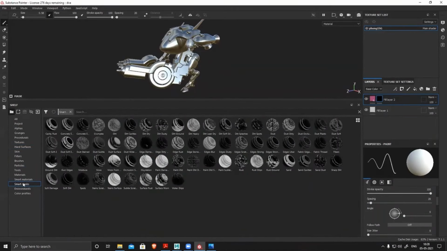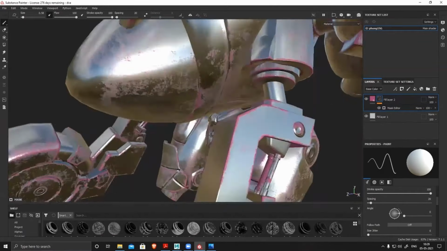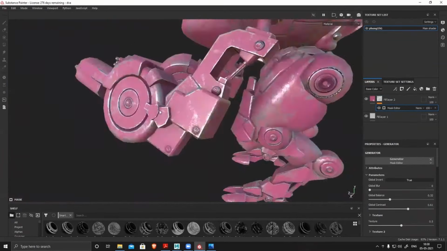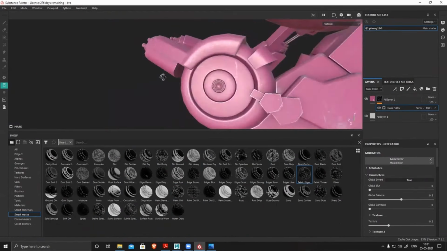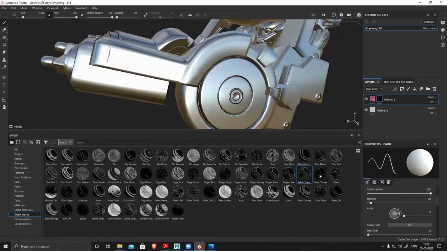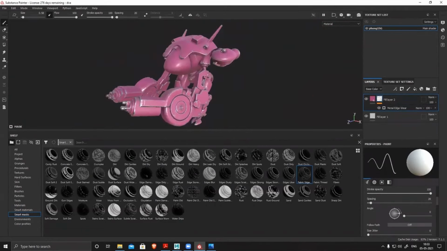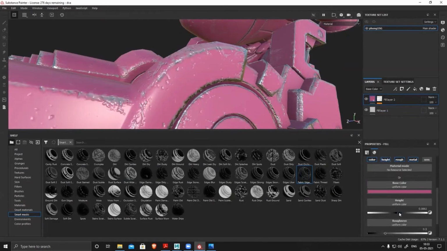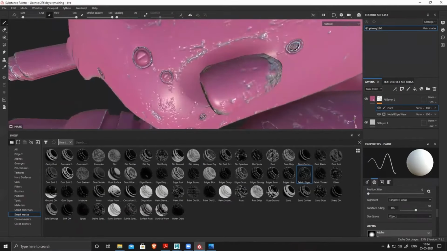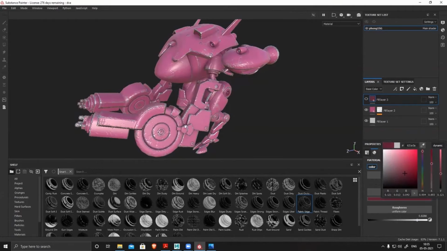And then I experimented with a lot of masks. I wanted that paint peel-off effect, so I checked all those smart masks and tried them to see if I'm getting the desired result or not. Then I removed it and applied metal edge wear from the generator, and you can see I added a little height also. This gives me a better result, and wherever you can see this generates artifacts, I can just simply mask it out.